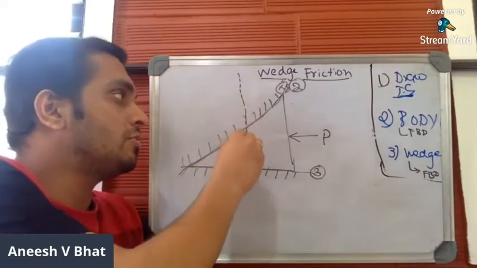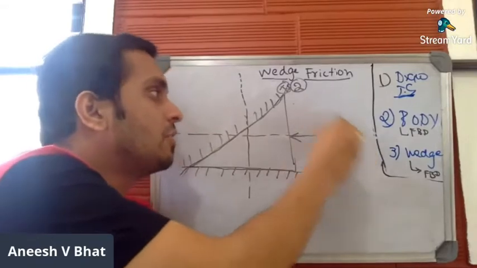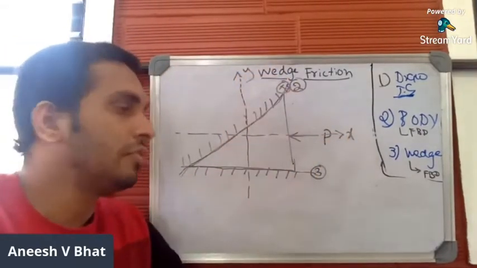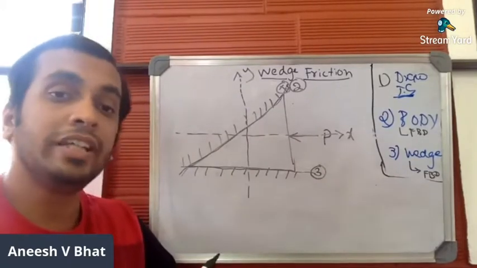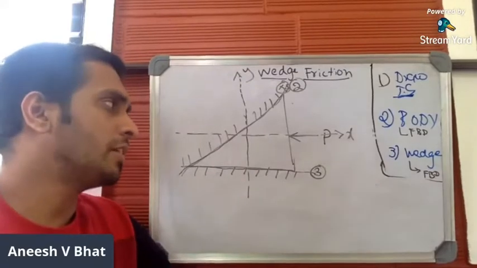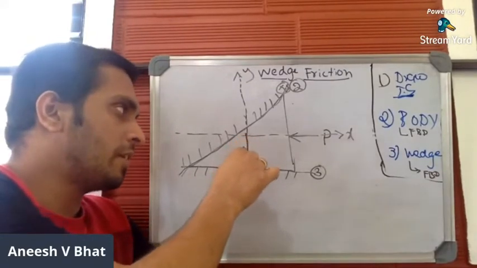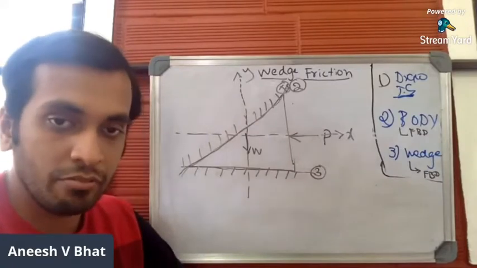In order to draw the free body diagram of the wedge, I have to draw the coordinates. This is how the coordinates go. This will be the x and y axis. Again, draw the coordinates without giving any inclination. Once you draw the coordinates, you have to mark the self-weight. If given, mark the self-weight, which acts vertically downwards.